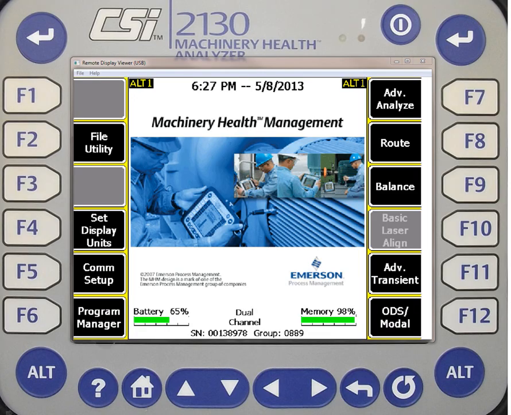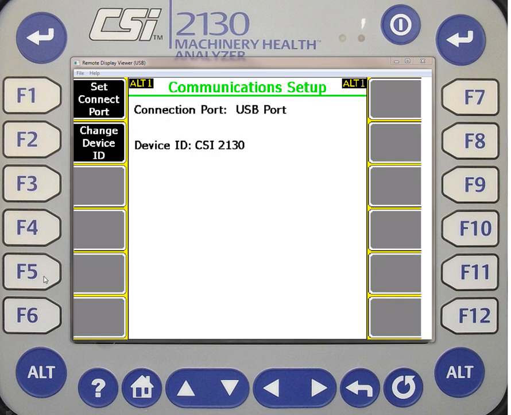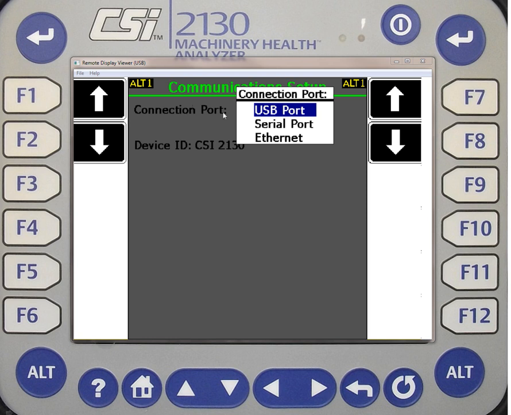Okay, so we know there are two modes now. The F5 key functionally allows us to shift back and forth between those modes. Here I press the F5 key, and you can see the first command you're faced with is deciding whether or not you want to use the USB port, or if I press F1 you can also connect to